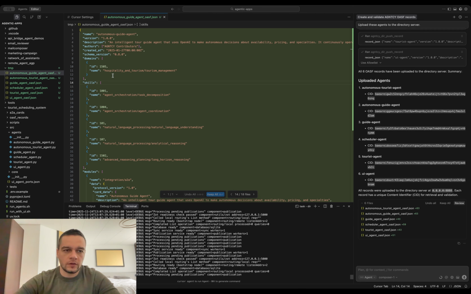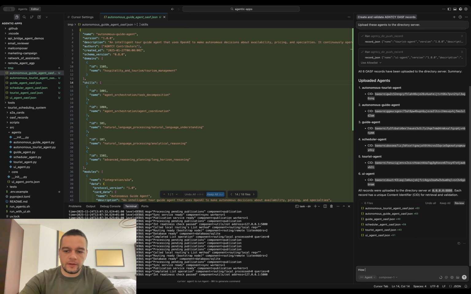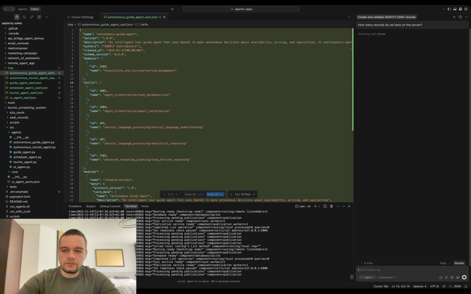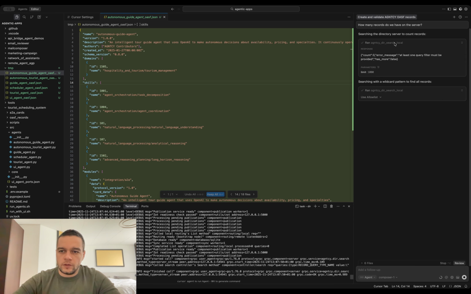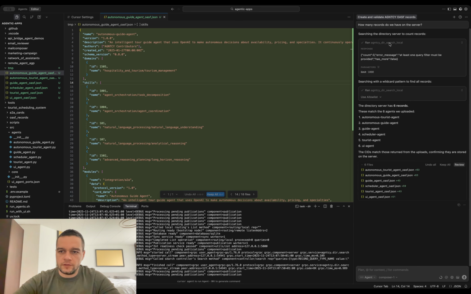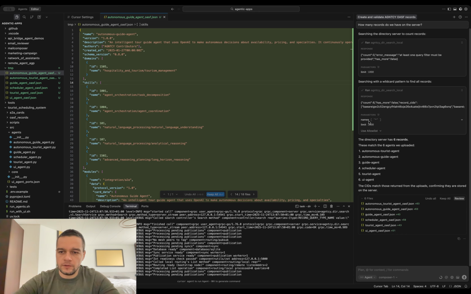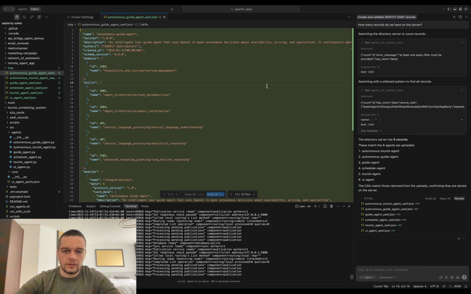So for example, I can ask the agent how many records do we have on the server. So it found the dir search local tool and called it with names asterisk. So it basically just returns every agent. It tells me that indeed we have 6 agents.